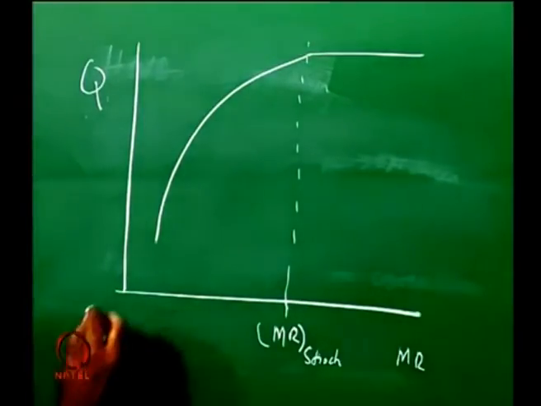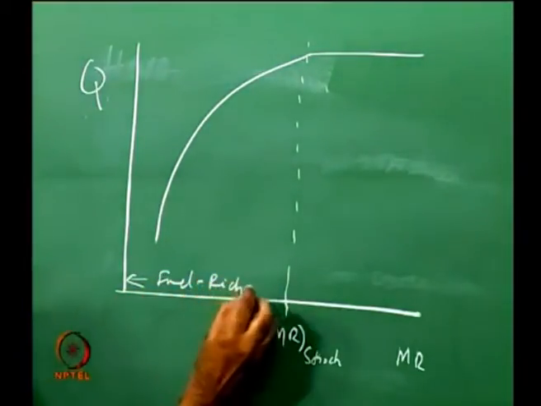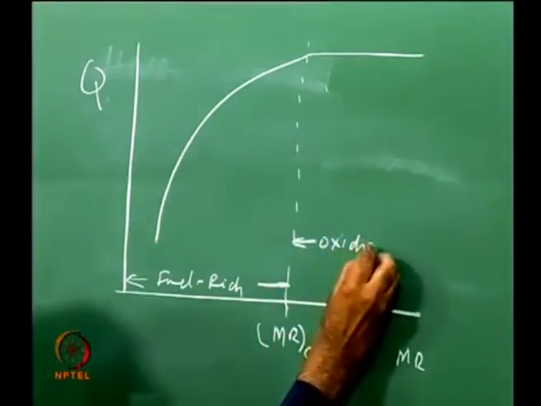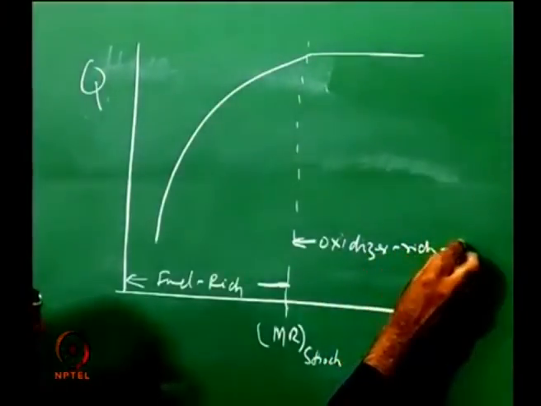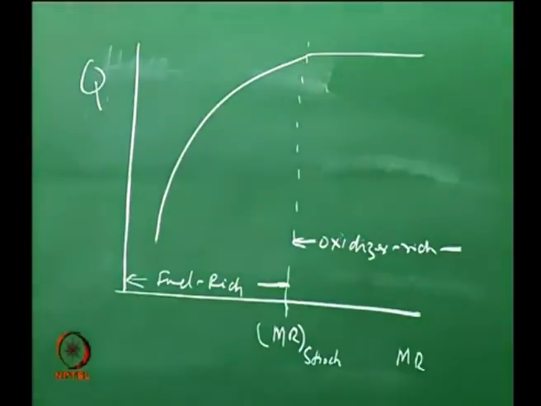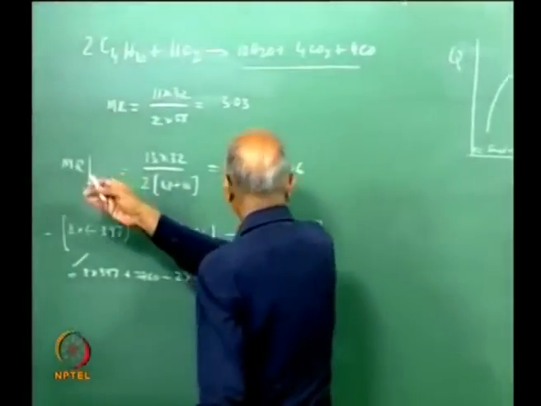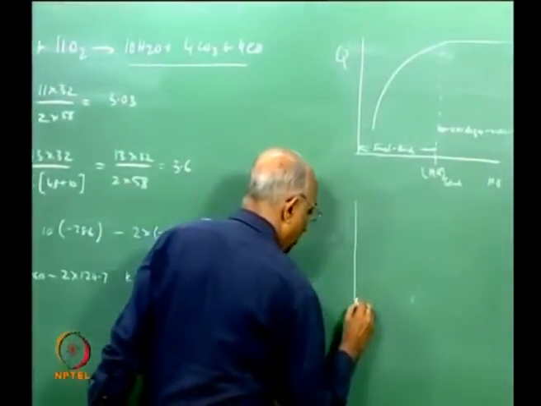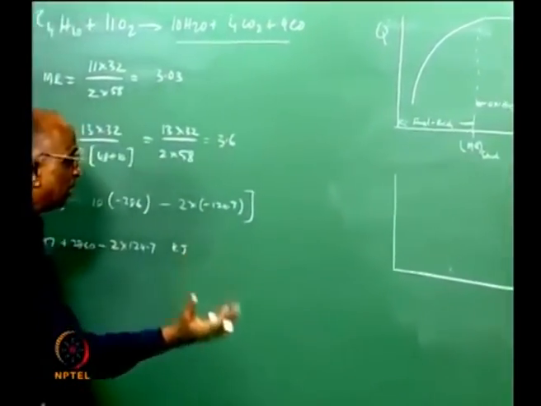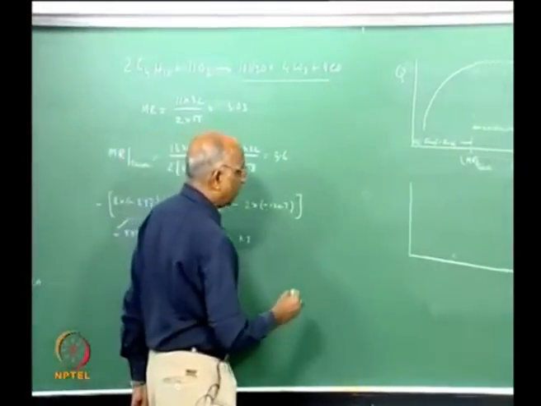I tell myself, well, this is the fuel rich part, this is the oxidizer rich part. Right? I want to convert it to temperature. How do I convert it? We calculated in fact the heat of combustion, or the heat which is liberated in the chemical reaction, by looking at the products, heat of formation of the products. We said it must be less than the heat of formation of the reactants, and that deficit is the heat which is generated.